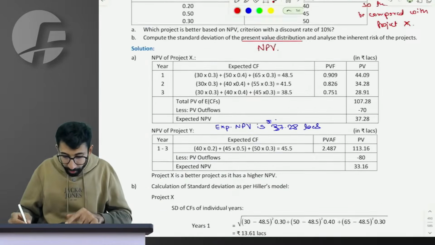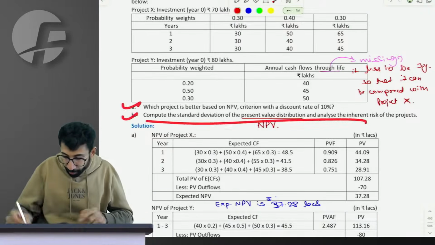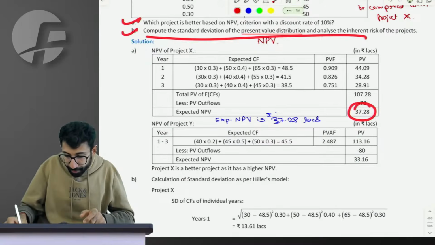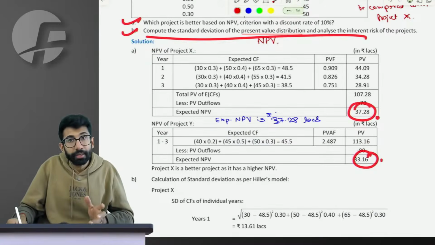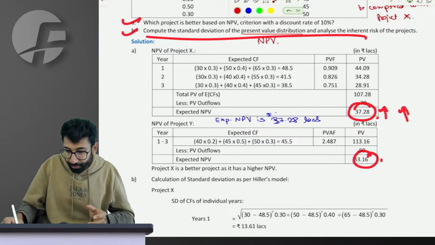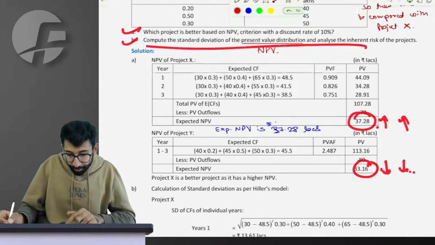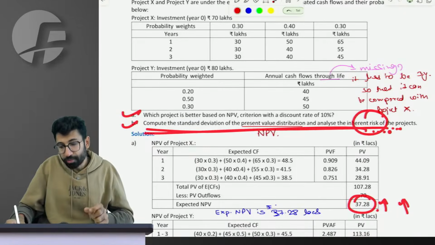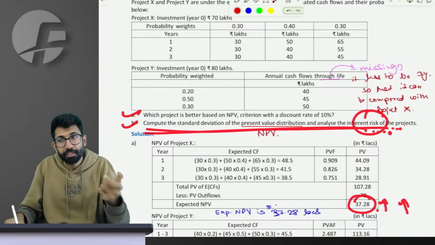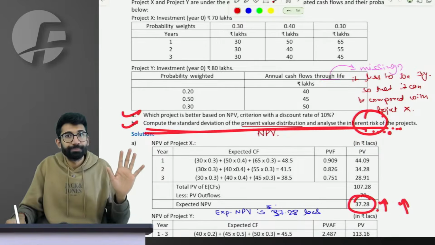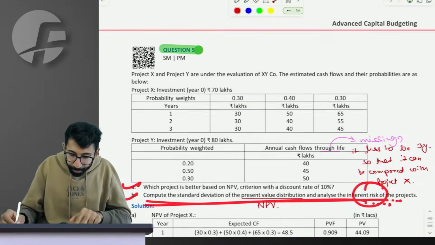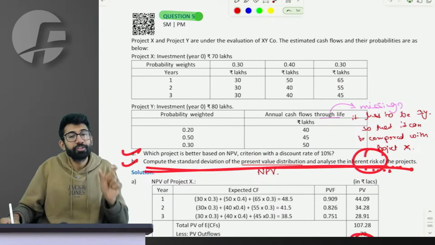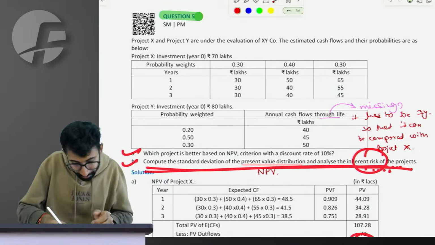Sir, are these conclusions correct? Ideally no, because they have even different NPVs, practically thinking. Higher NPV, higher risk; lower NPV, lower risk. But since the institute specifically talks about analyzing the inherent risk, we have not talked about it. Which means preferably the coefficient of variation is calculated when the institute asks for it.